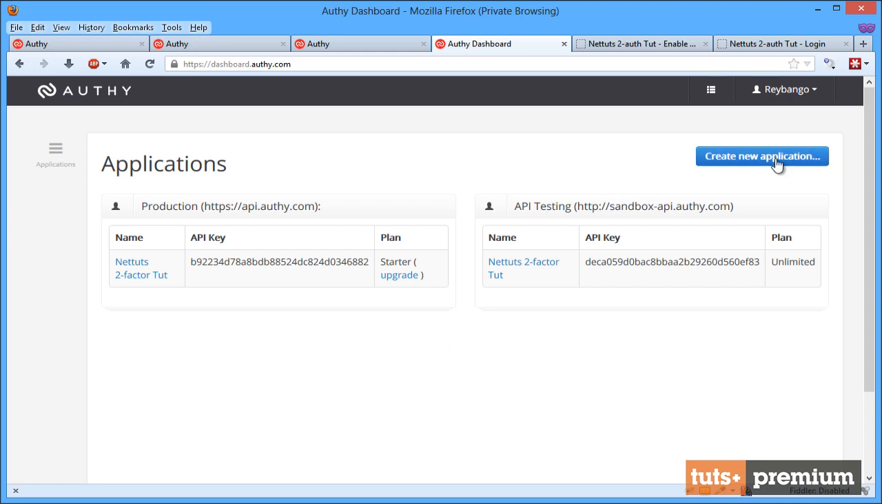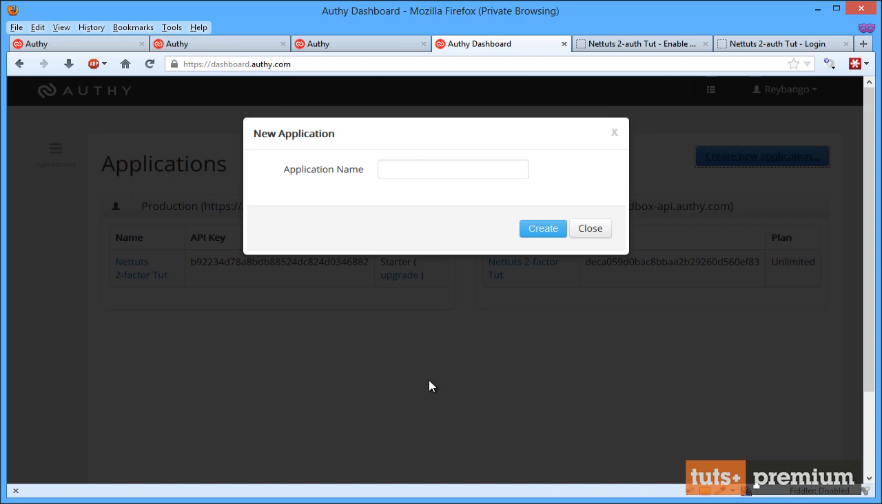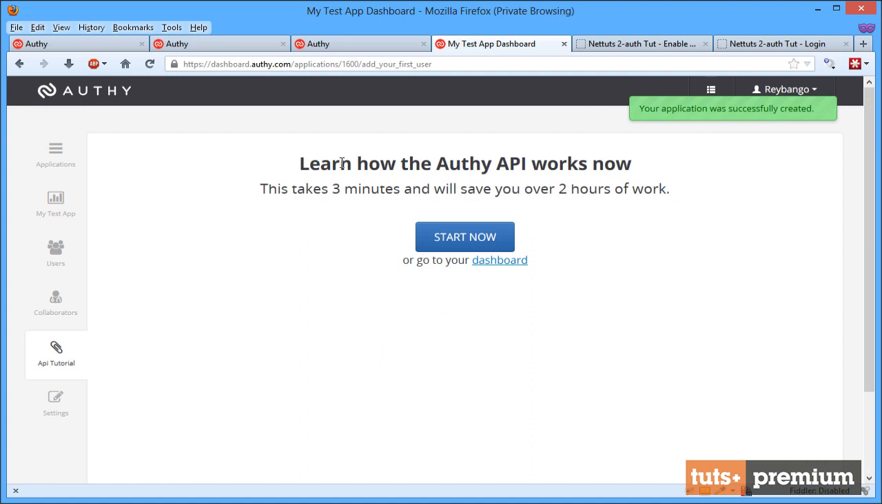Creating an app is incredibly easy. You just go here and say create an app, and you give it an application name. So I can do something like my test app, and I can click on create. And what it'll do is it'll generate a new API key for me. It'll start up the dashboard, and notice that it says learn how the